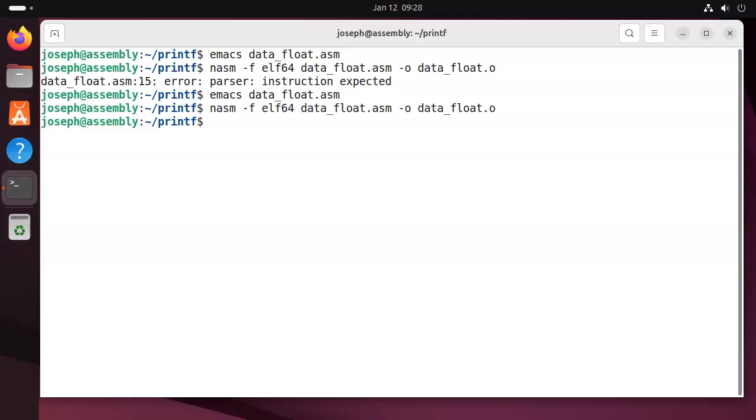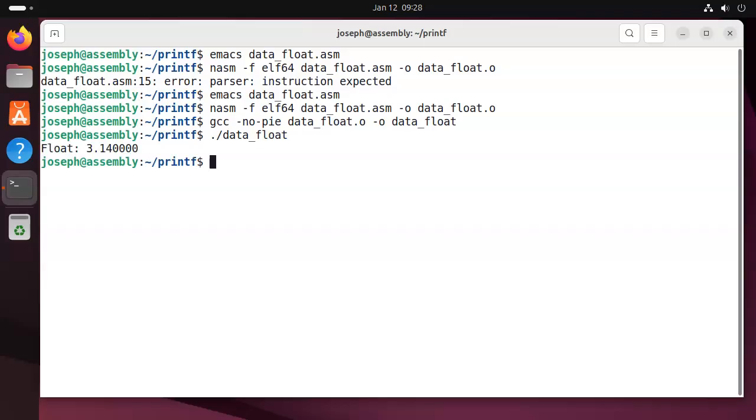And then I go ahead and I compile it with GCC. So I'll do a GCC minus no pie, and then it's my data float.o file, and I'm going to create data float like that. And then I go ahead and run it, data float, and you can see that it prints out the number